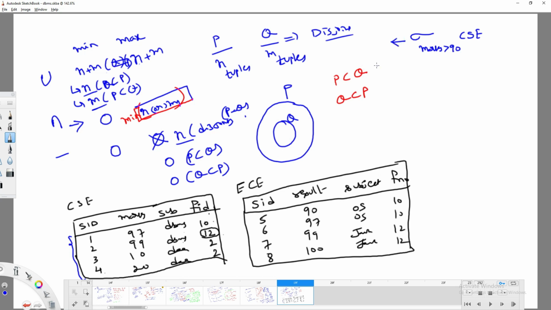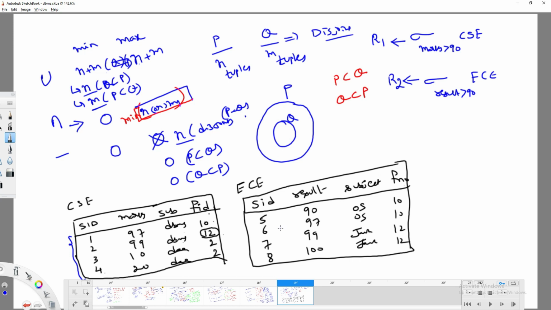Similarly, I would like to find out the students whose results are greater than 90 from the EC department. So what are you going to write? Select result greater than 90 from the EC department, and I am going to name that table R2. Now my question is, find the students who got more than 90 marks either in CSC or in EC.